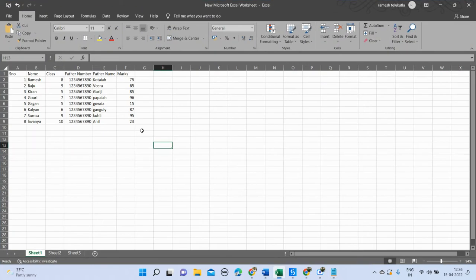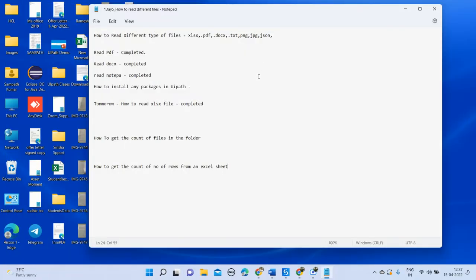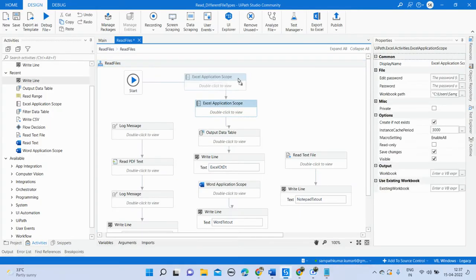As you can see, since we have opened this file, we are able to see through our eyes how many line items there are, but every time we cannot do this, right? That is the reason we are using the bot. We will not open the Excel file and count the line items ourselves. So how do we get to know how many line items there are? For that we have one activity called